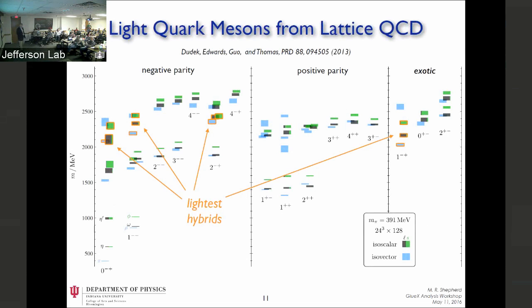And one thing that you see in this spectrum is a pattern of states that have exotic JPC. That means they have JPC that you can't make with just a quark and an antiquark. And it turns out the properties of these states are also, they have common properties with some of these other states that are mixed in here. And that is that they look sort of like hybrid mesons. So they seem to have a large gluonic component in them.